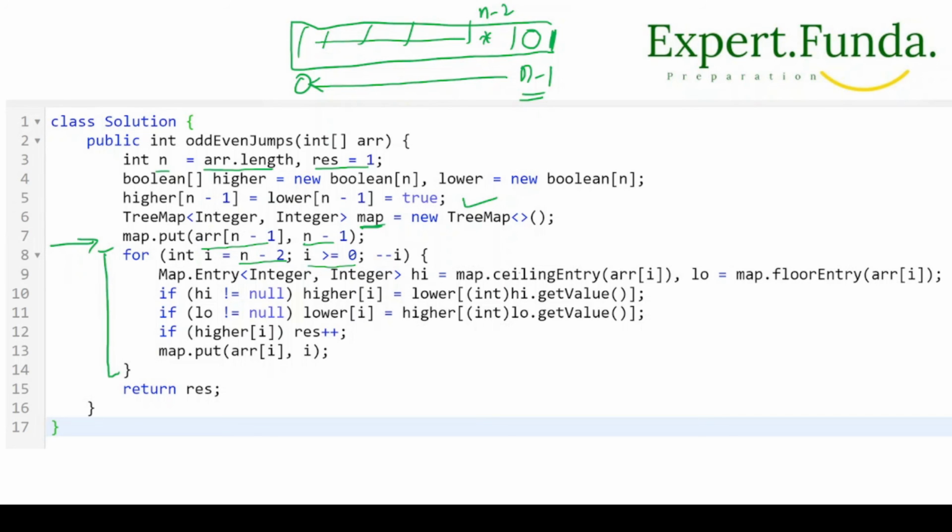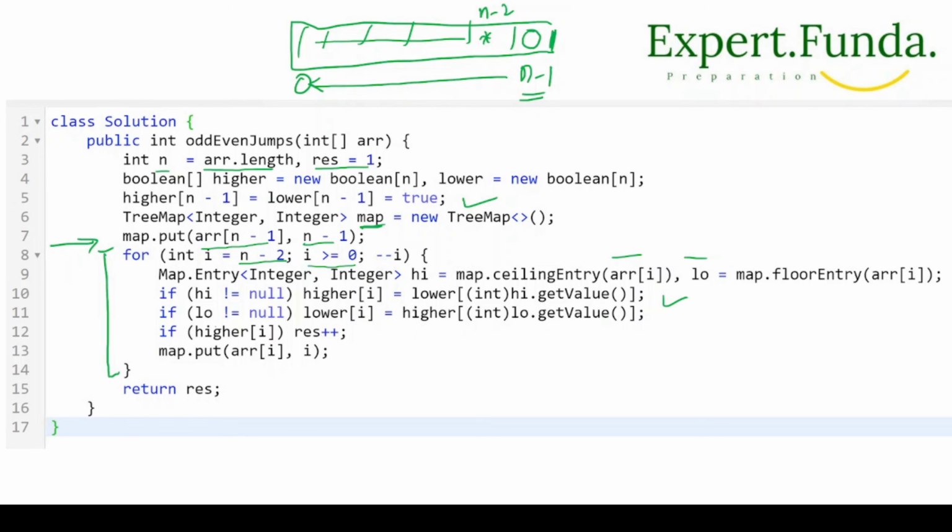How will we do it? We'll take the ceiling entry of array at i, which we call high, and the floor entry, which we call low. In the loop, we check if high is not null, then we'll store the lower value of the high.